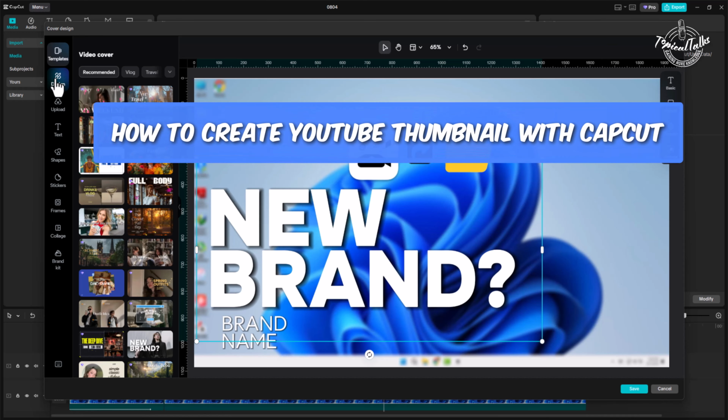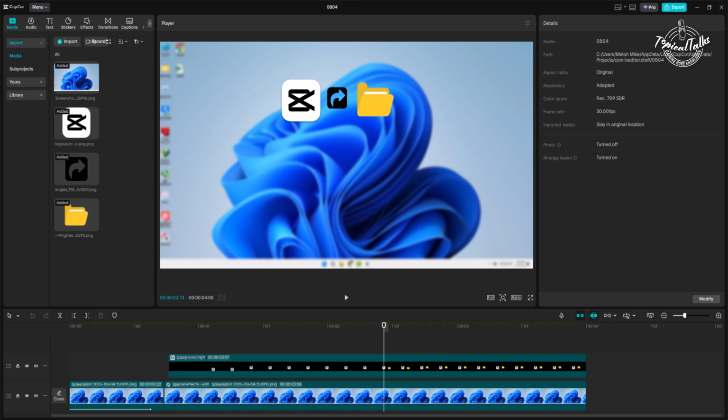How to create YouTube thumbnail with CapCut PC. First, open CapCut and open any existing project. Now to make a thumbnail for YouTube of this project, just simply go to the very first of your video